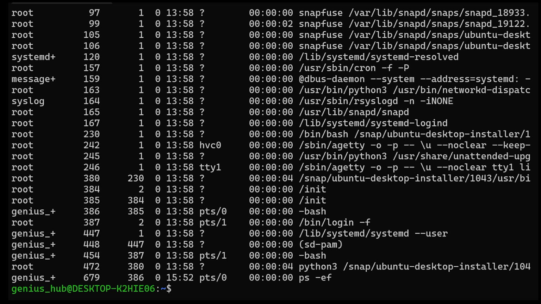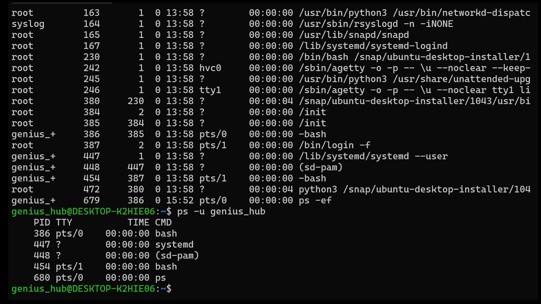Get ready for a plot twist. Options sometimes need arguments themselves. These are referred to as option arguments or parameters. One example of such an option is U, which stands for user. This option allows us to view the processes related to a specific user. To specify a user, all we have to do is type its name after our option. In this case, this username serves as the argument for this option. Let's see it in action.